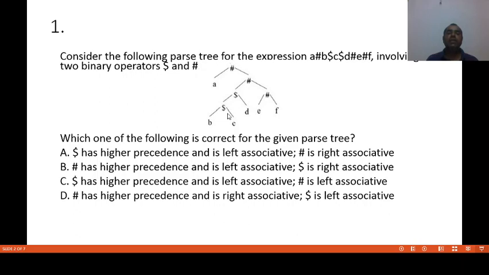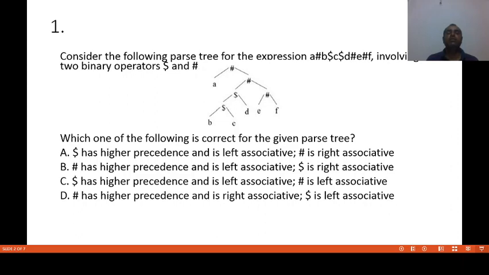So now you can see in this tree, first dollar is evaluated, then hash is evaluated. So the precedence of dollar is more as compared to hash. Now we have two things. Dollar is left associative and the precedence of dollar is more than hash.